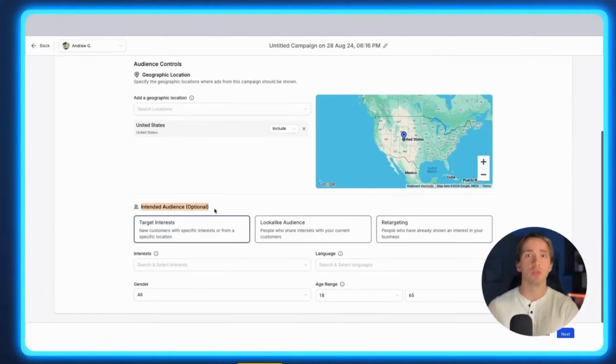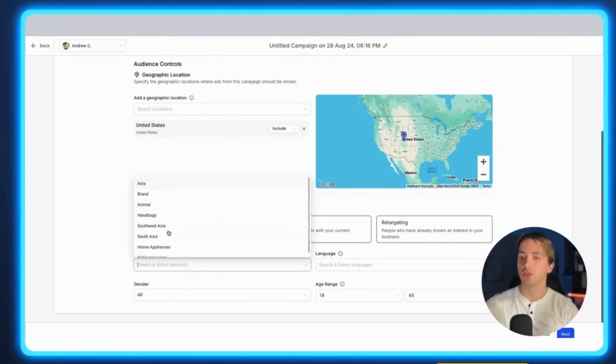Now make sure you look into local and federal laws for whatever business you're running these ads for. Some business types don't allow specific types of targeting and things like that. So make sure you look that up before you put in target interests or demographics. Feel free to look around in the interest dropdown where you can see all the different types of interests that